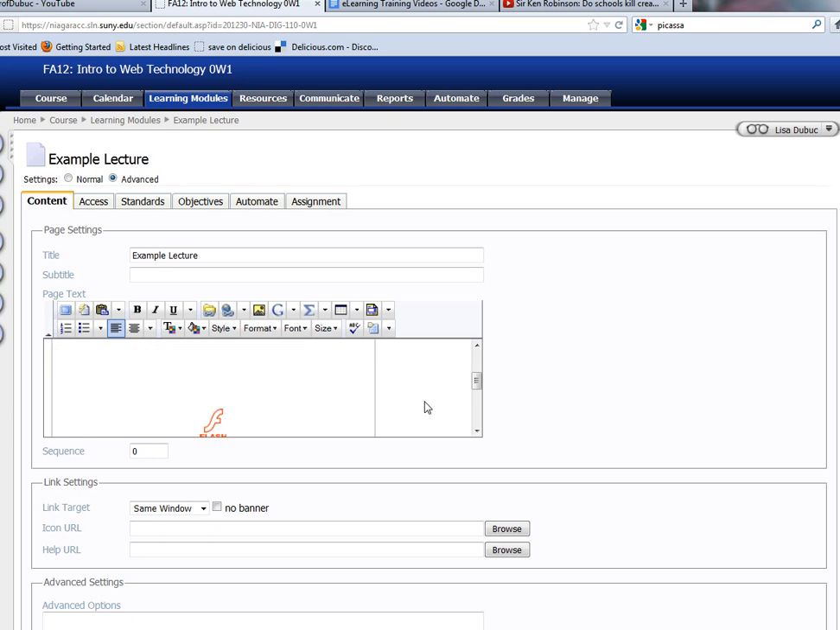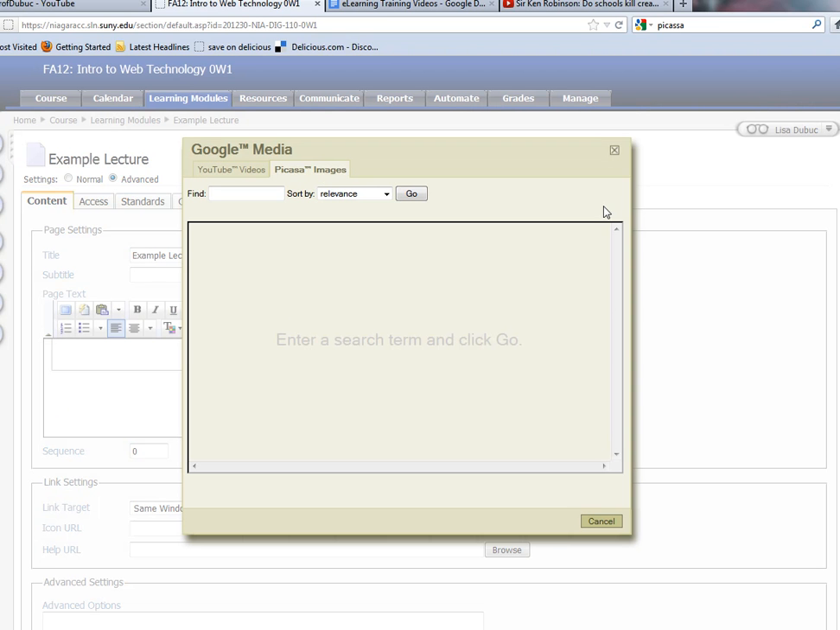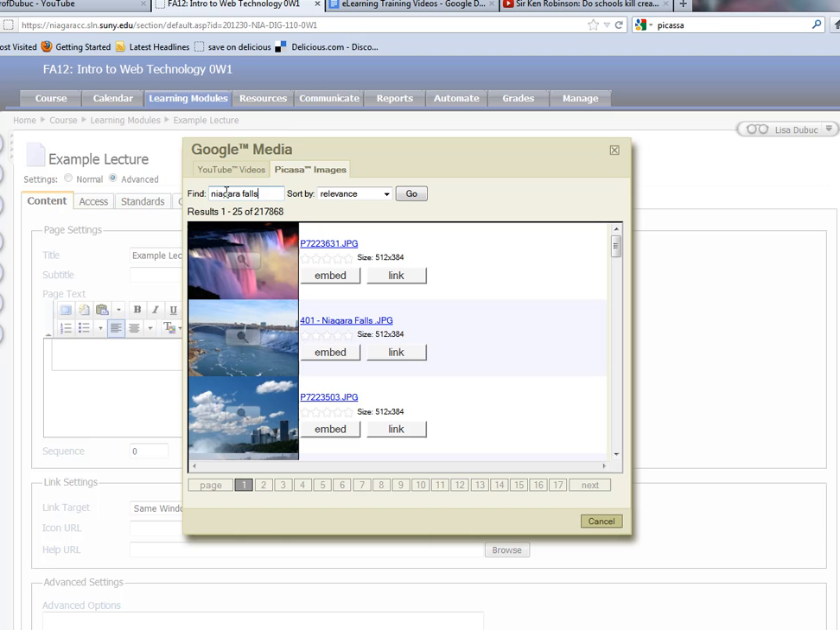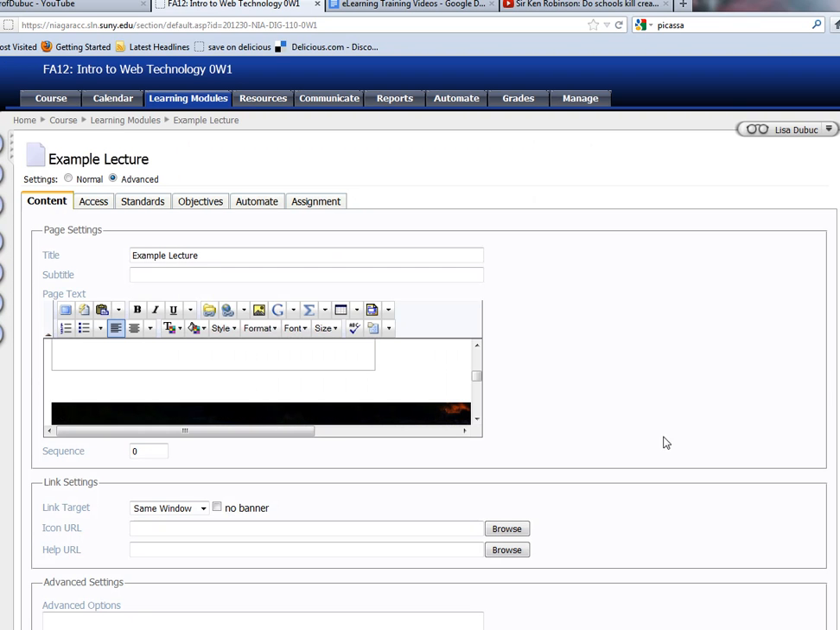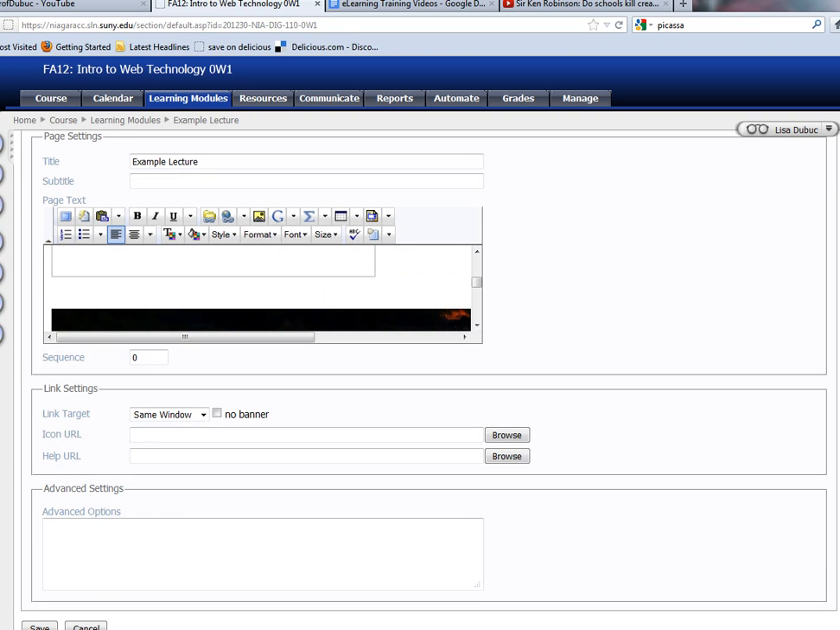So maybe you need them to view this image, or maybe they find an image, or maybe it just goes along with your text and you want to place an image here. All you need to do is go to Google Picasa Images, and let's see, I just happened to go to the Niagara Falls recently. We'll look at Niagara Falls, and here's a beautiful image of the falls at night, so we can embed or link. I'm going to embed this image, and when I save my page,